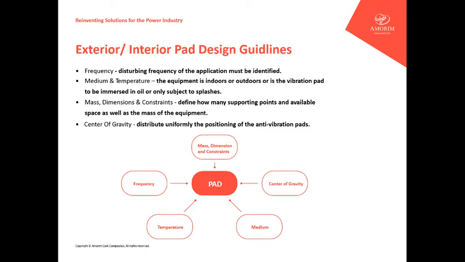And finally, we need to know the mass, the weight of the equipment, the dimension, and the constraints. We need to know how many support points exist, what's the available area, and with this information we can select the right material, the right dimension, the right number of pads, and the right position of pads to provide